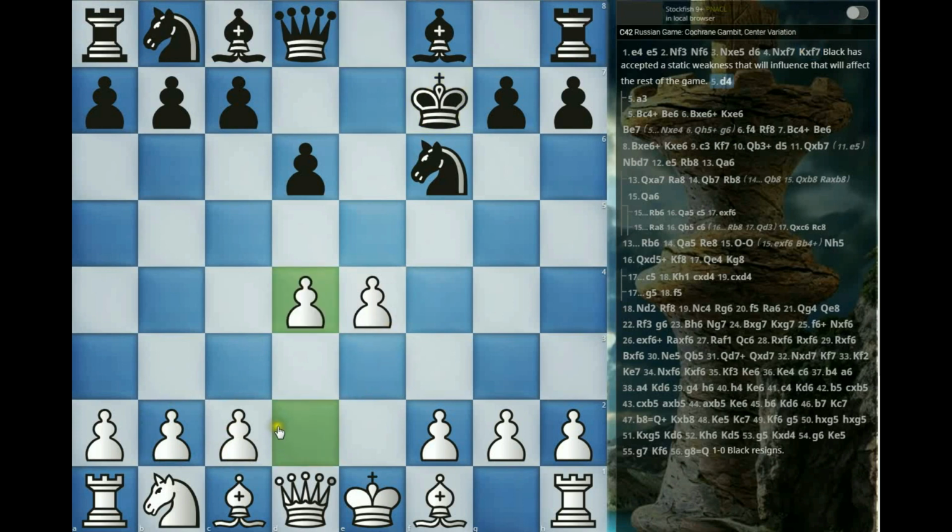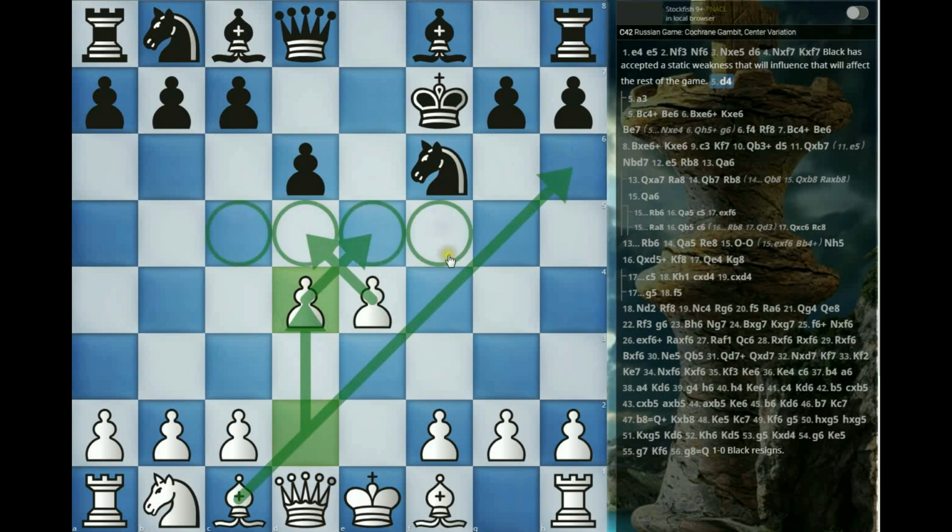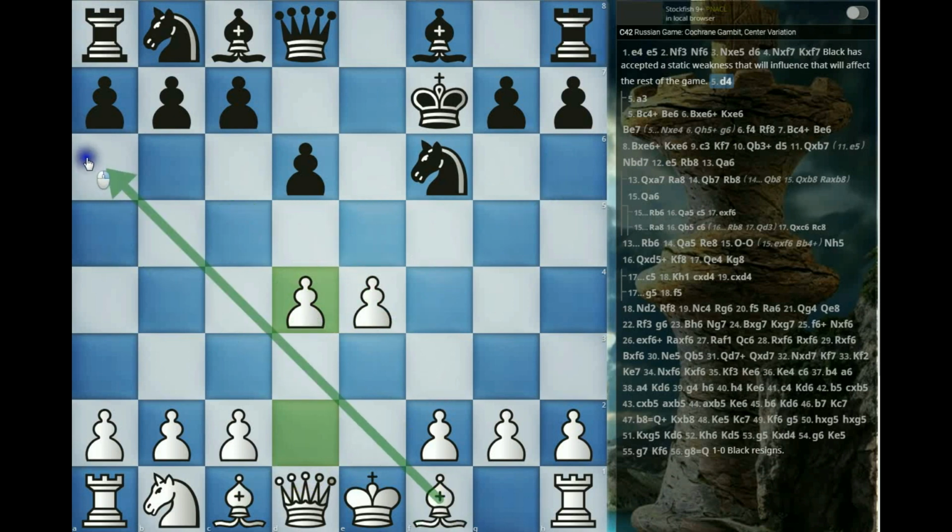Okay, so instead d4 I think is the better move. I'm not sure what others play or what computers say, but for me I like d4 because it does something right now. White now is controlling both of his central squares as well as the extended center. Bishops are completely free, and development should be able to fly out now. Further, some space is gained,